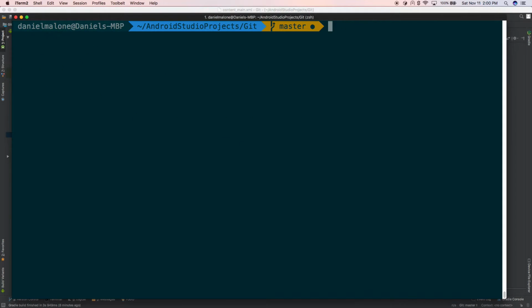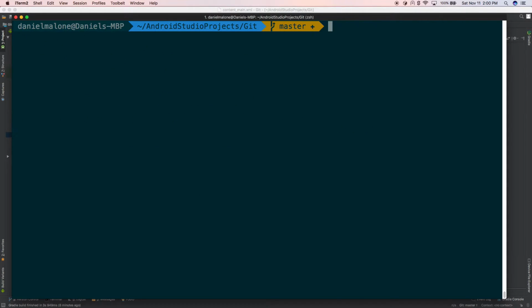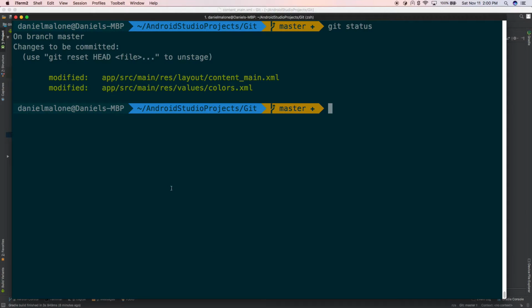And so now if you do git status, yeah, we learned that command. You can see what files changed. Now let's do git add dot, that'll add all the files in. So now if we do git status, you can see that we have these two files that are modified, and it's changes to be committed. So let's commit something. Git commit -m, we'll do make weird colors. There we go. So I'm going to go ahead and hit enter,